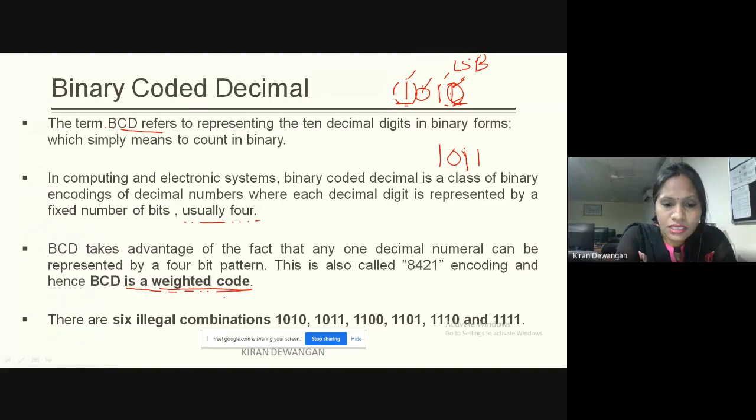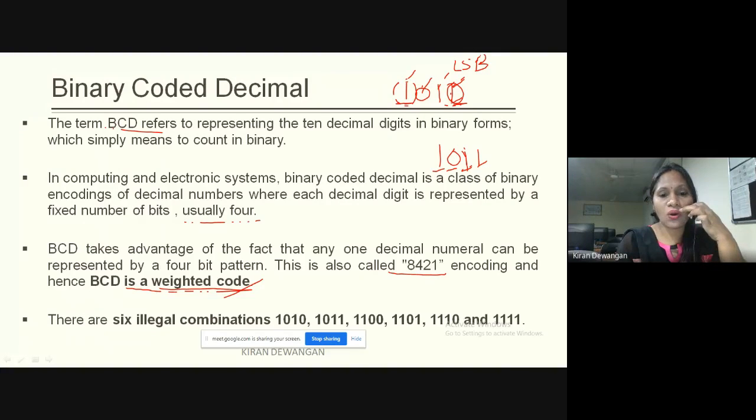Since BCD is a weighted code, this will have a particular weight, this will also have a particular weight, this will also, and this will also. It is also called the 8421 code.